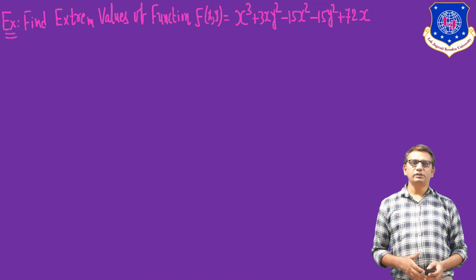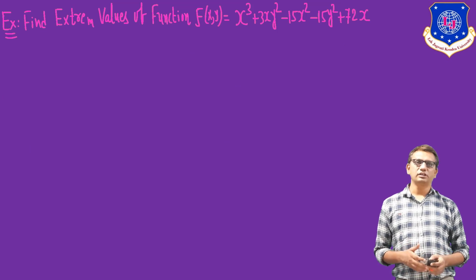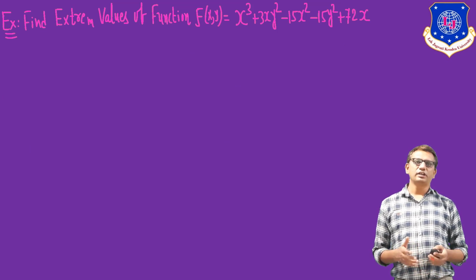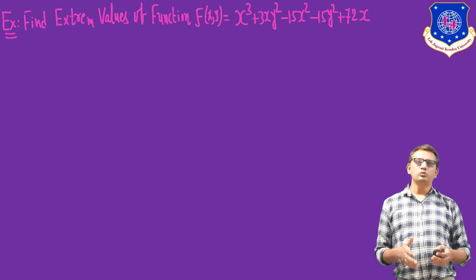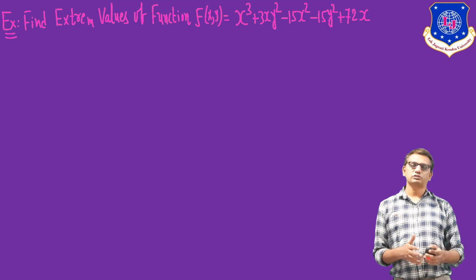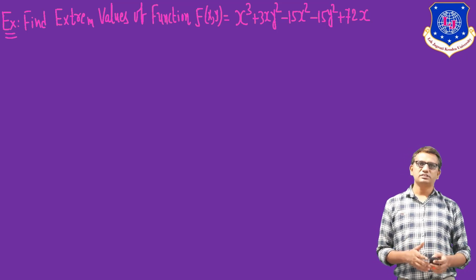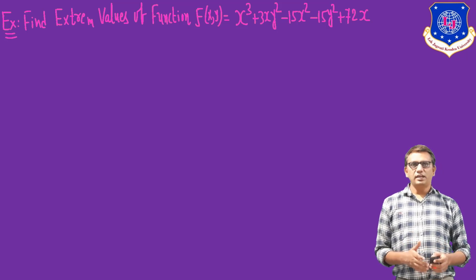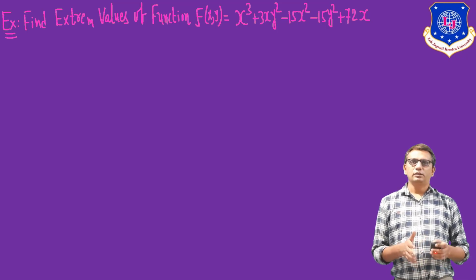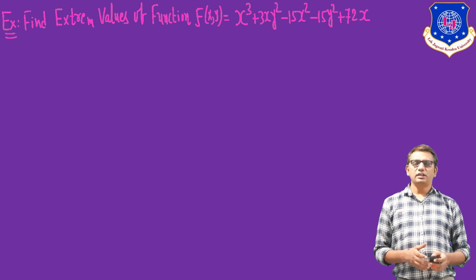Now we will see one example related to this concept. Here this is our function of two variables. We have to find the extreme values. So in the first step we will find the partial derivatives of this function. First we find P, Q, R, S, T, where P is the first order partial derivative with respect to x, Q is the first order partial derivative with respect to y, R is the second order partial derivative with respect to only x, S is the mixed partial derivative f xy and f yx, and T is the second order partial derivative with respect to only y.